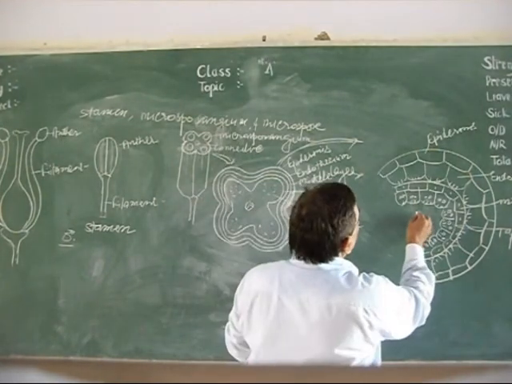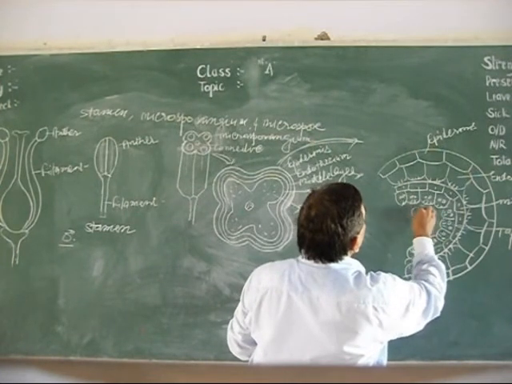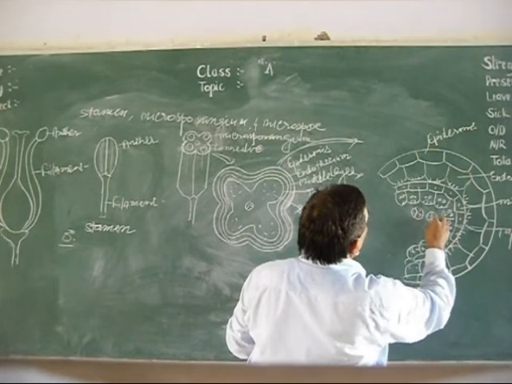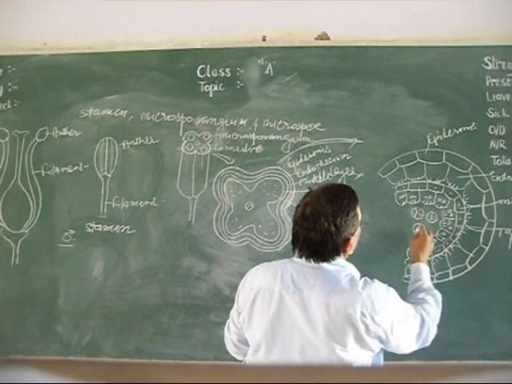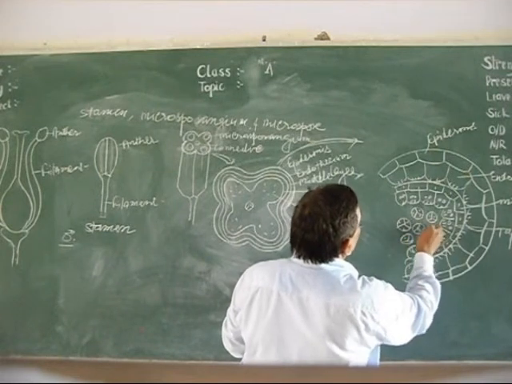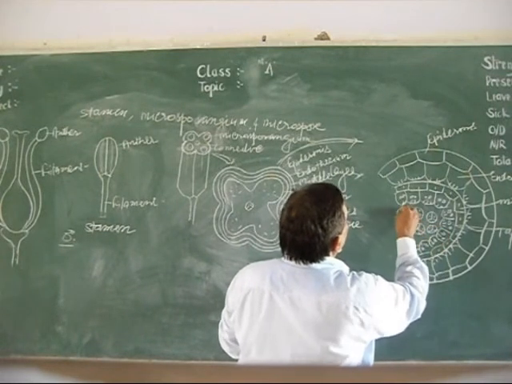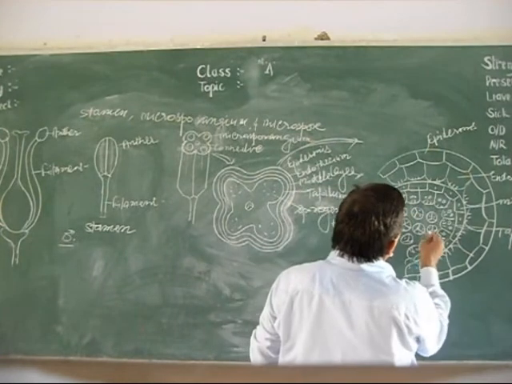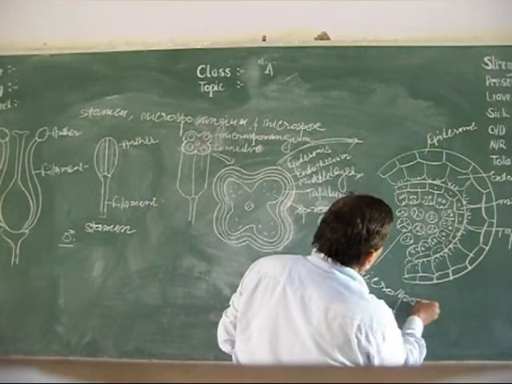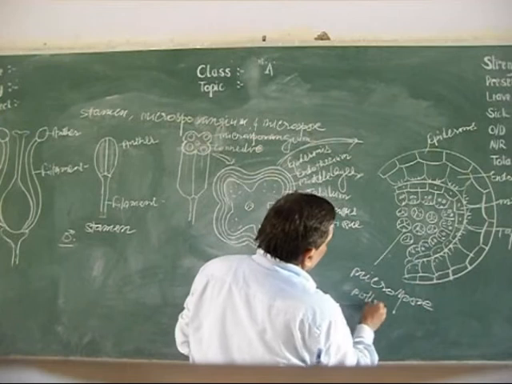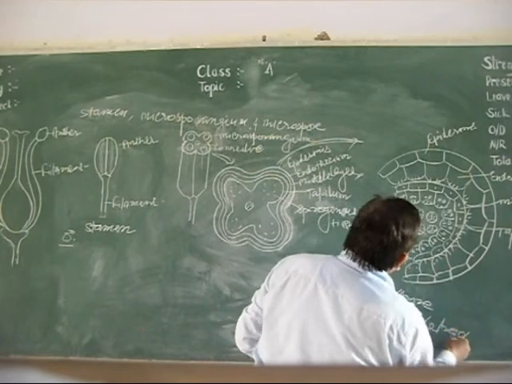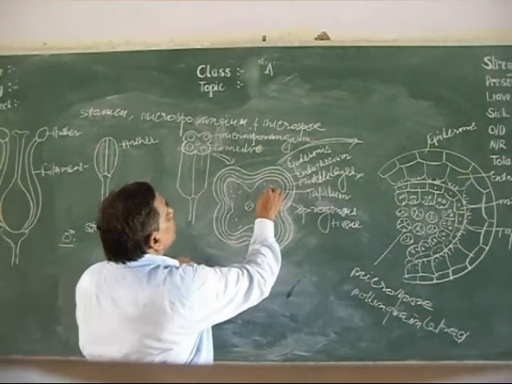Here is the sporogenous tissue, which contains sporogenous cells. It undergoes meiosis division to produce a pollen grain tetrad, meaning 4 pollen grains remain attached together. In the beginning, they are attached together. These are the pollen grains or microspores. They are called a pollen grain tetrad.